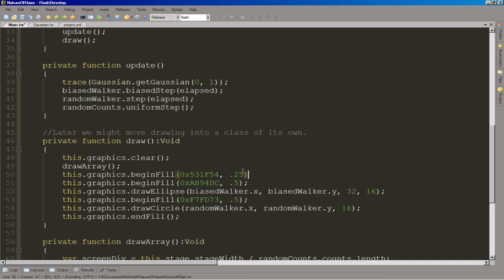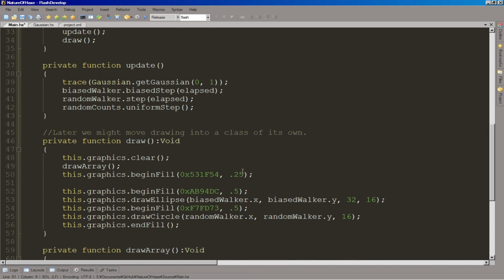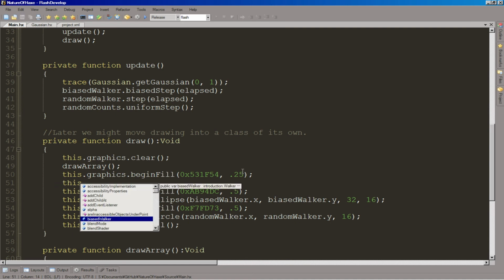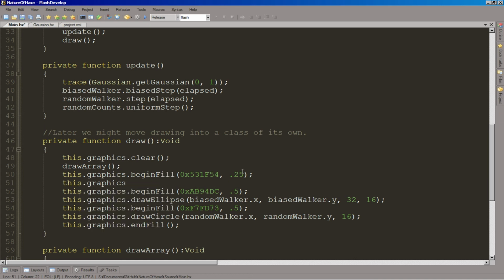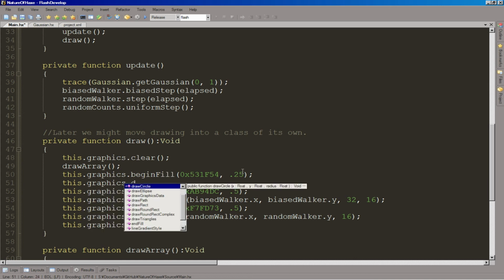And then what we're going to do, and actually I think I saw that we don't really need the this in this case, but we'll do it anyway. This graphics, draw a circle,